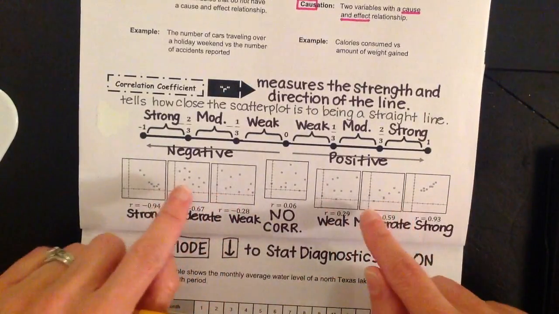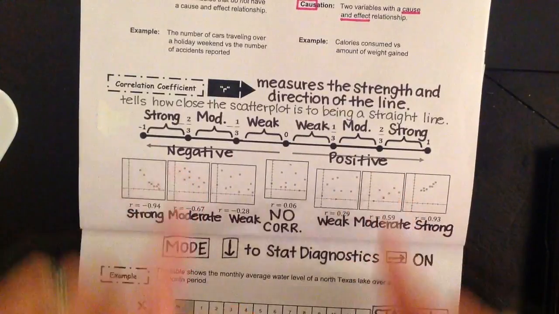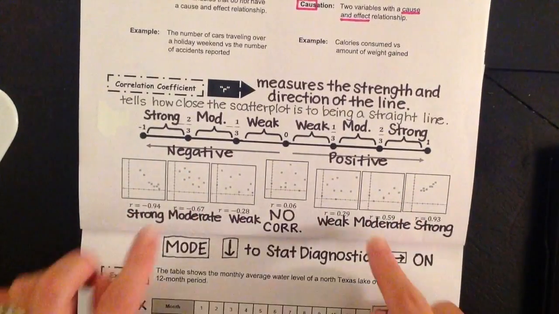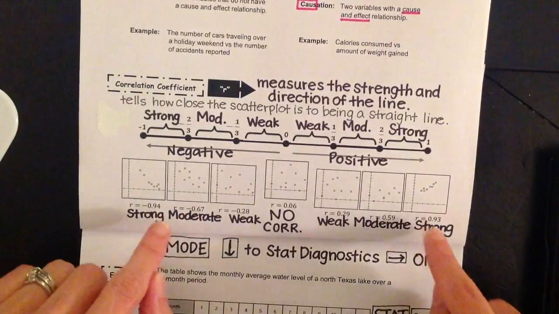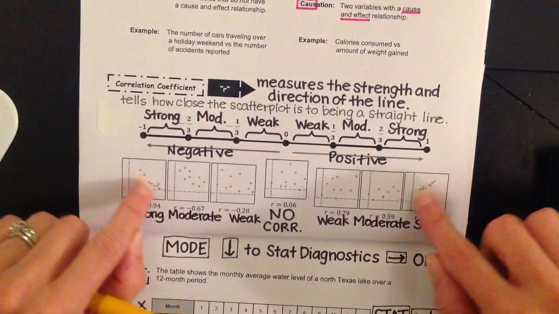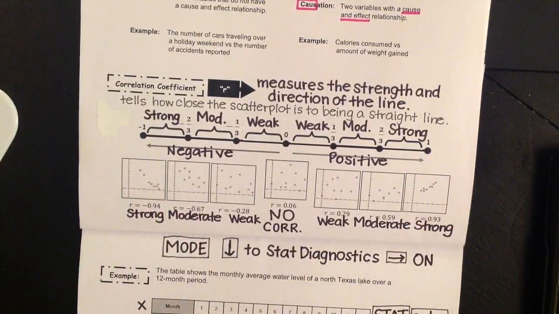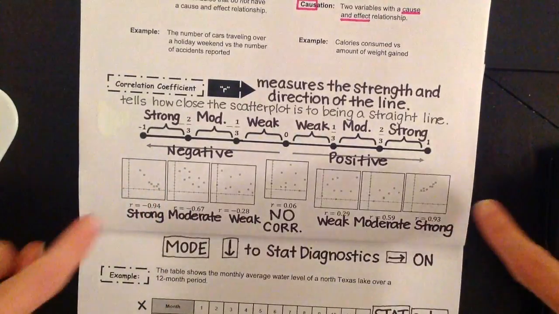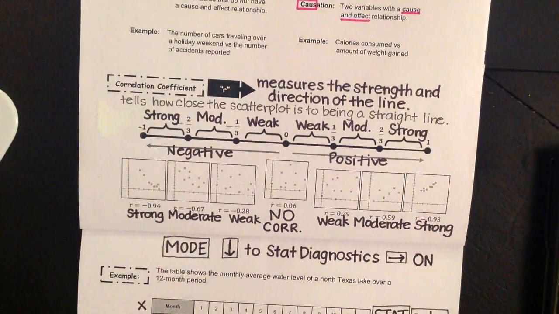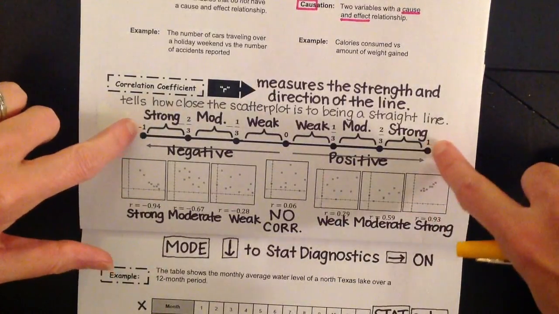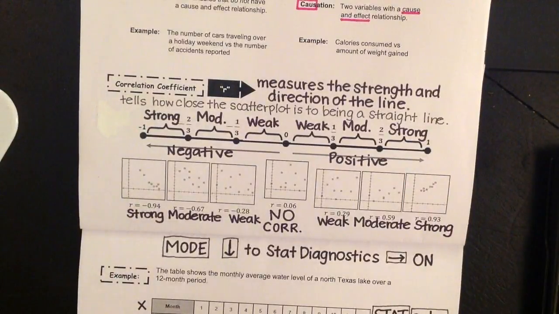Then you've got moderate, where now you can kind of see that line, that correlation starting to take place, and that would be when your R value is kind of in the middle between 0 and 1. Then you've got strong. That's when it's closest to 1, like it is almost in a perfect line. Now remember, you're going to have a positive 1 and a negative 1. The sign of your 1 is just telling you if your correlation is positive or negative. The number itself is telling you how strong that relationship is. And we would like for our R value to be closer to that 1.